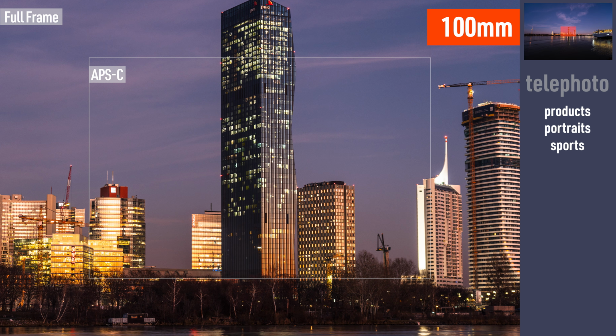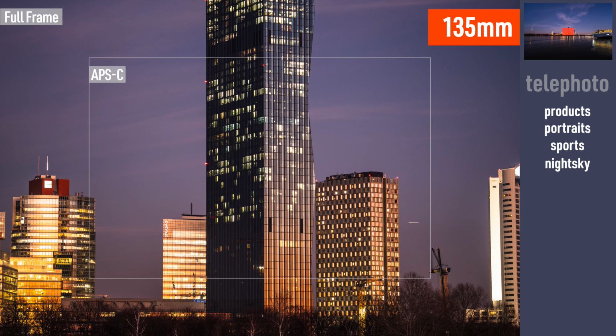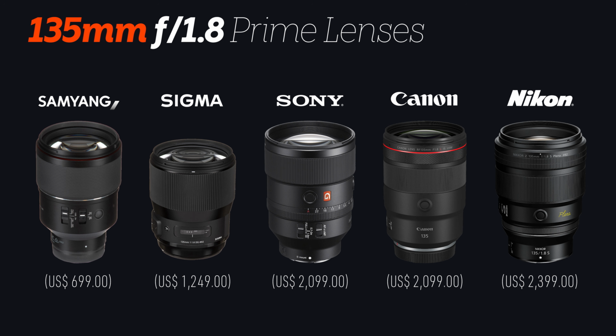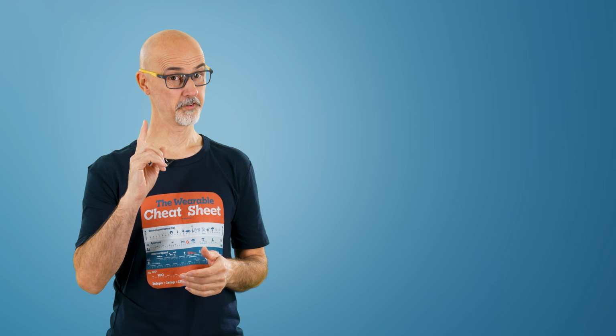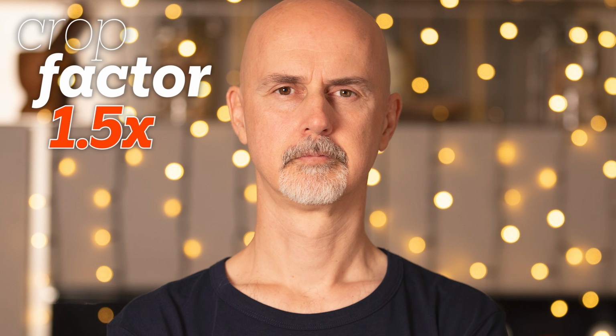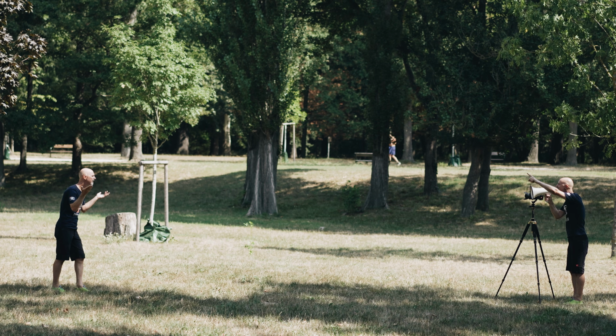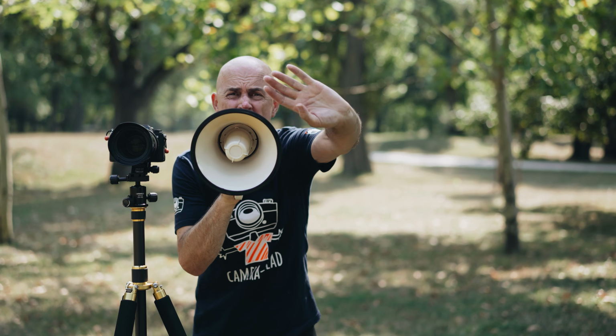The next one I want to list is 100mm, just because it is a round number. Then 135mm, which is the second most popular focal length for portraits. Many professionals like to photograph with the 135mm f1.8. On a full frame, that is. Because on a crop sensor camera, you have to stand pretty far away from your subject, which means that communication can become a little more difficult.